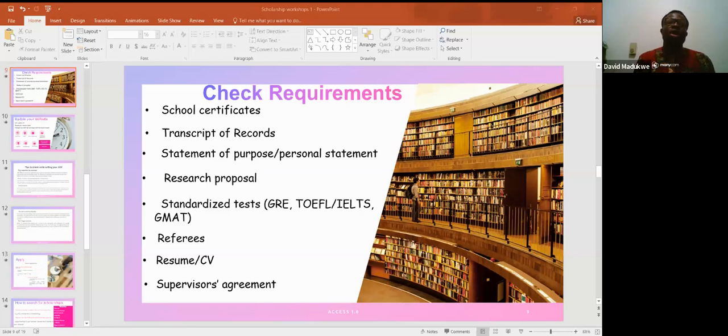I think they are not doing online application, so you can just open the database and apply online for the unofficial copy. And then when you apply, in order to speed up the process, you still have to go to the department, to the school or registrar's office and tell them that you have applied and you want to get your transcript, this unofficial copy. When you apply, I think you pay some amount of money, I think 10,000 or something around that amount. So they will start preparing it and tell you when you should come back and take it.